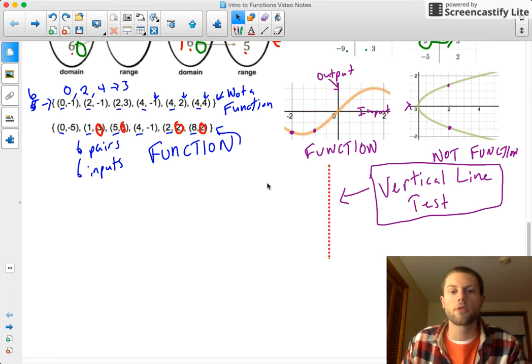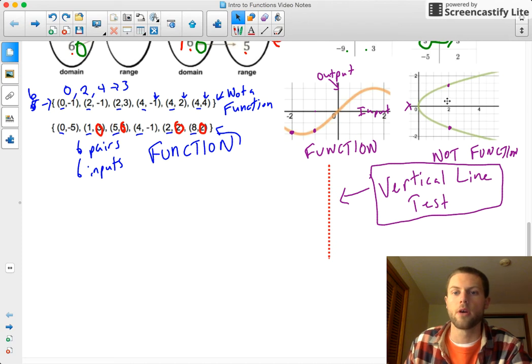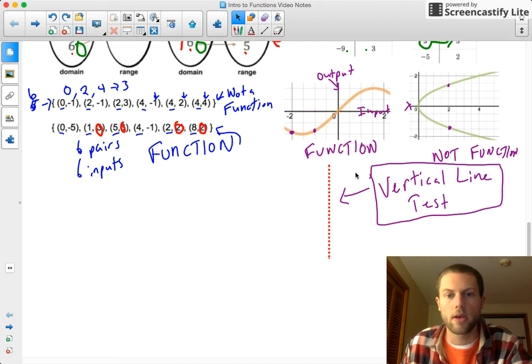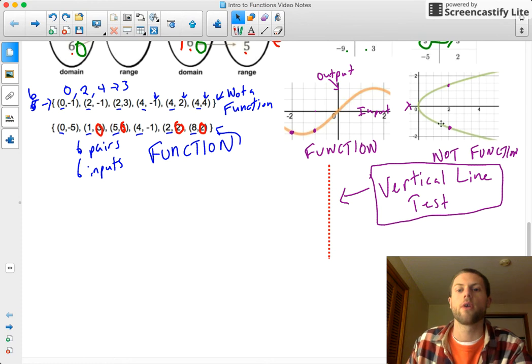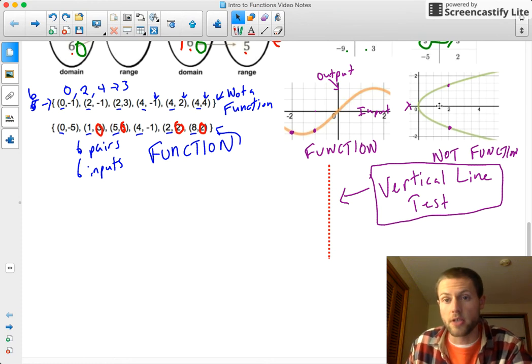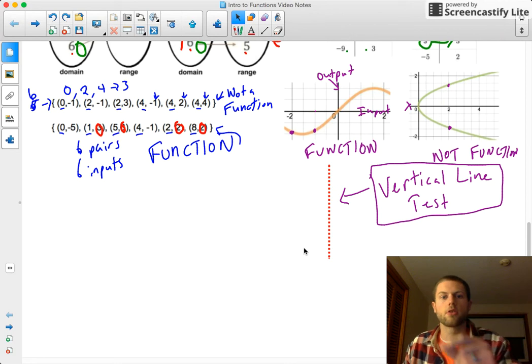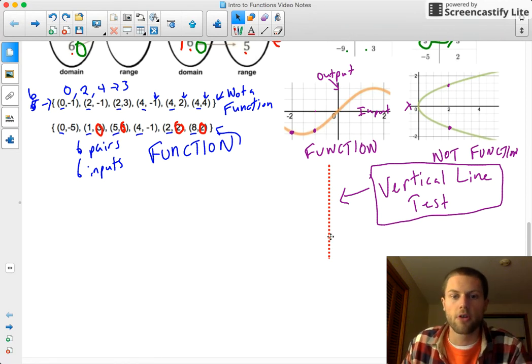In the last video, we determined how to tell whether or not a graph is a function, and that's by looking at the input line and seeing if there's more than one output for every input. And a really quick, easy way to figure that out, rather than going through and looking at each x value and each input, is to do what's called the vertical line test. And so what you're going to do is take a vertical line. You could use your finger, you could use a pencil, you could just imagine a vertical line passing along your